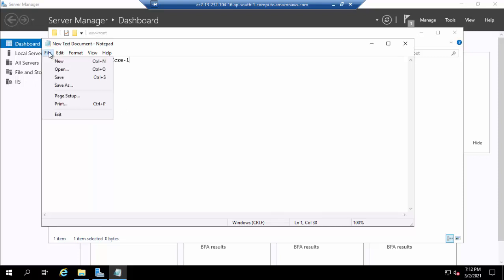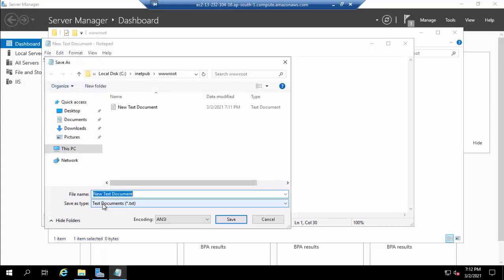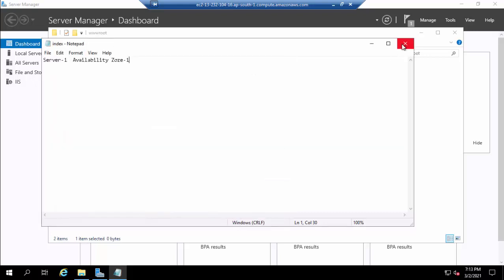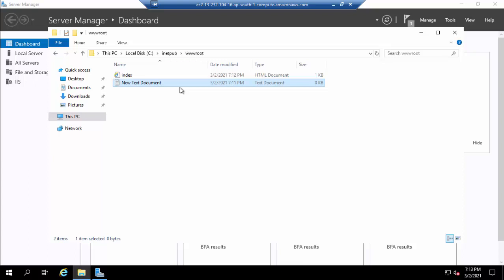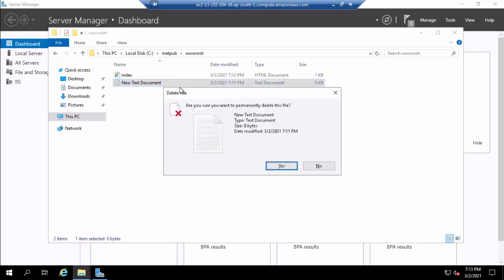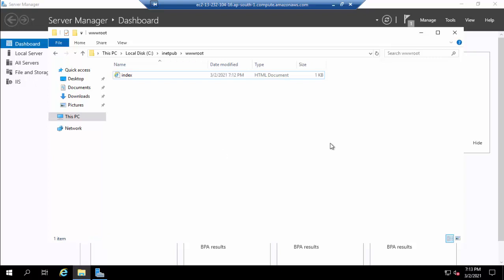So you have to just click on file, then click on save as, then select all files and give a name, for example index.html, then save, then close it, and delete this text document. So now this index.html file is available on our Windows Server 2019.